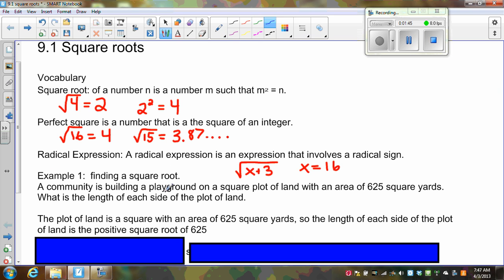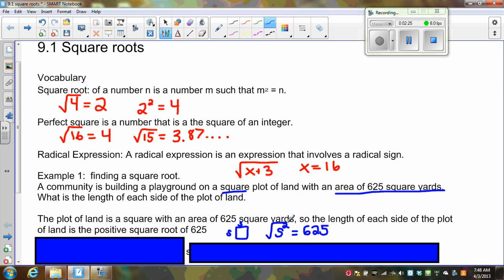A community is building a playground on a square plot of land with an area of 625 square yards. What is the length of each side of the plot of land? Well, we know that the plot of land is a square. That's important. So we know in a square that the sides are equal, so this side is equal to this side. And to find the area of a square, it's the side squared, or side times side. So if that equals 625,